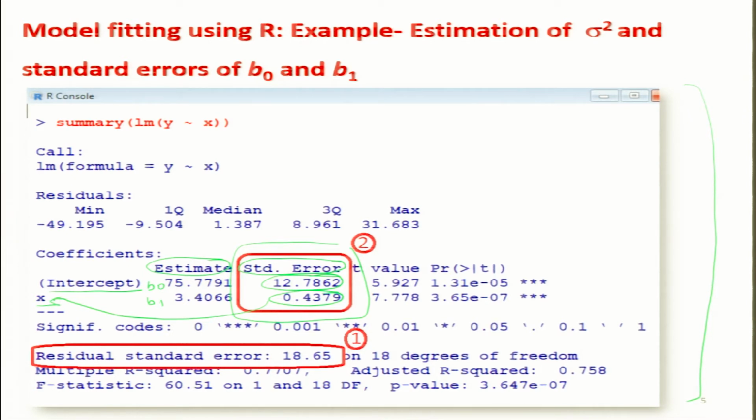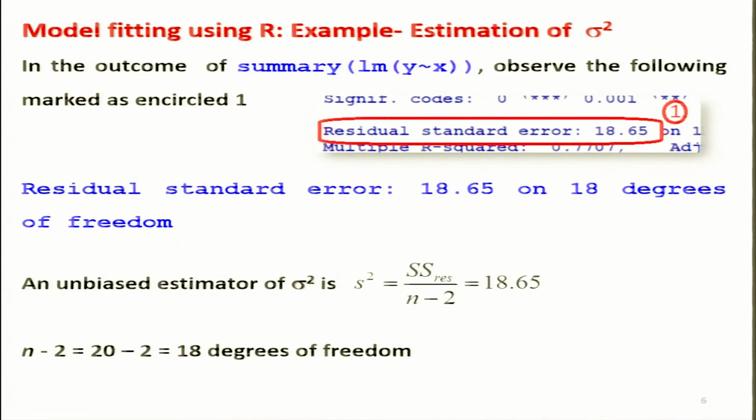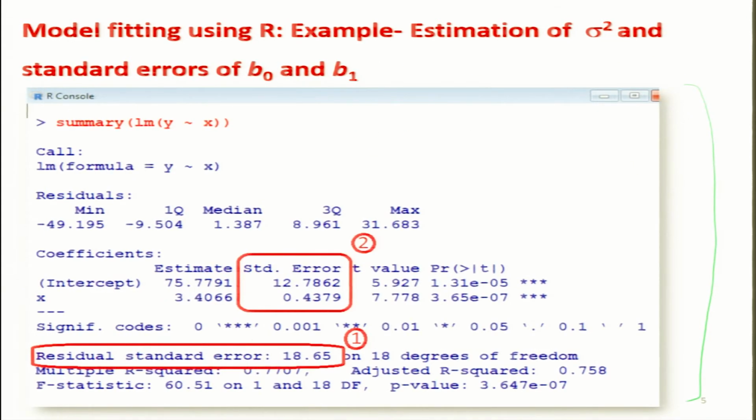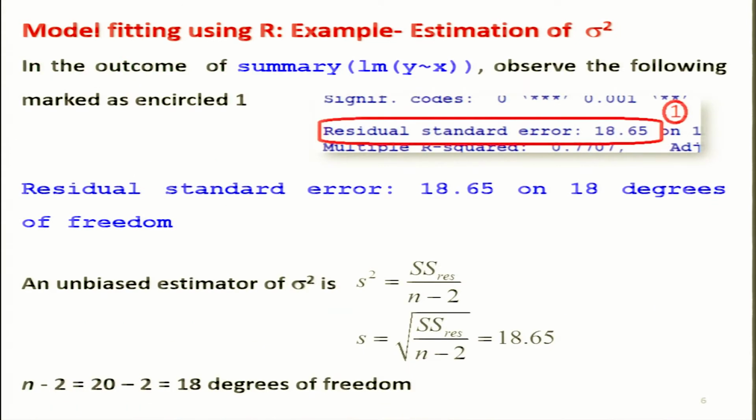And here there is another thing which I have marked in a red box. This is the residual standard error. So, this is giving you the value of s. So, if you try to square... Now, in order to explain these things more, I have taken snapshots of this, and they are here. If you try to see, they are here.